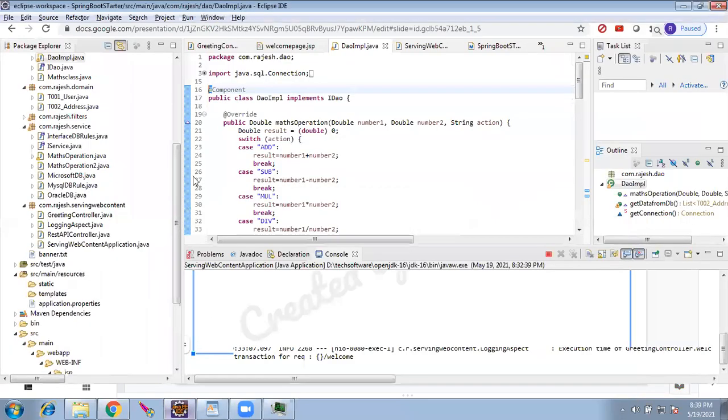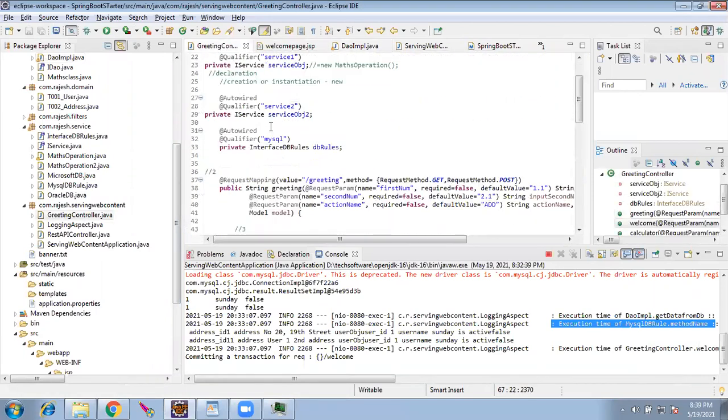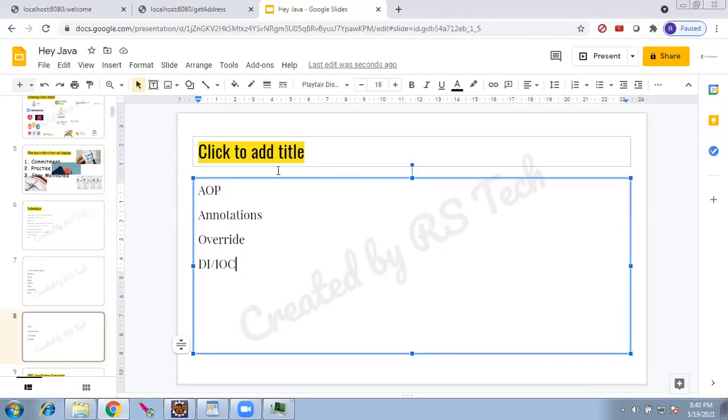Where are we using it? Here we use it. We studied the annotation of autowire. We are using autowiring here. So all the concepts, whatever we studied, I'm telling you where it is used in the live program, so that in future, if you read something, you can link it. Okay, this was used in this program.